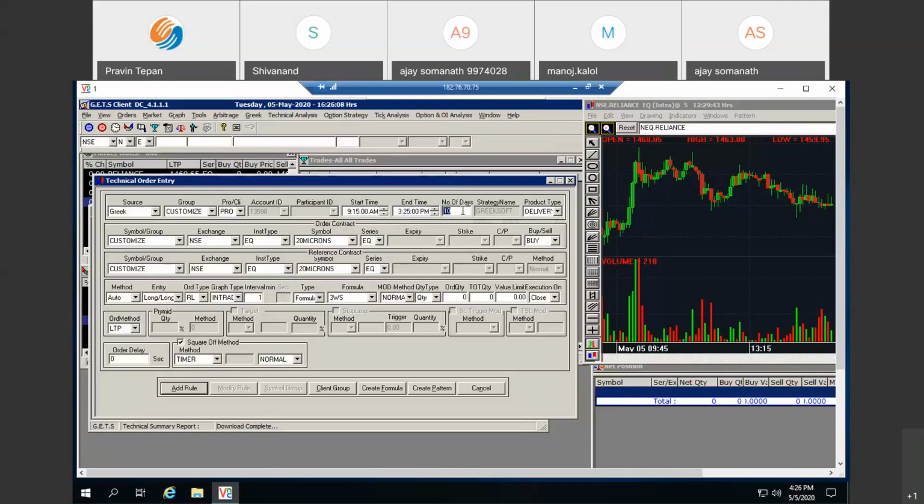Number of days is the minimum days the formula requires. Suppose you have the formula for EMA of 10 days, 10 candles. So number of days here, 5 is enough. But if you select the EMA of 200 period, it may require 10 days of data for intraday, because EMA 200 requires 200 candles minimum. So like this, you have to think about how much data is sufficient. So you can write 5 days, 10 days, 20 days minimum.